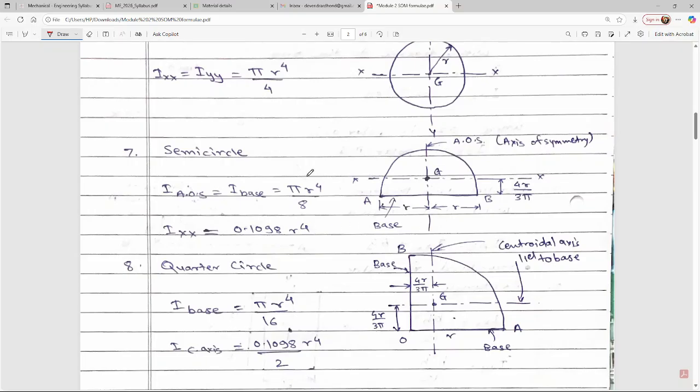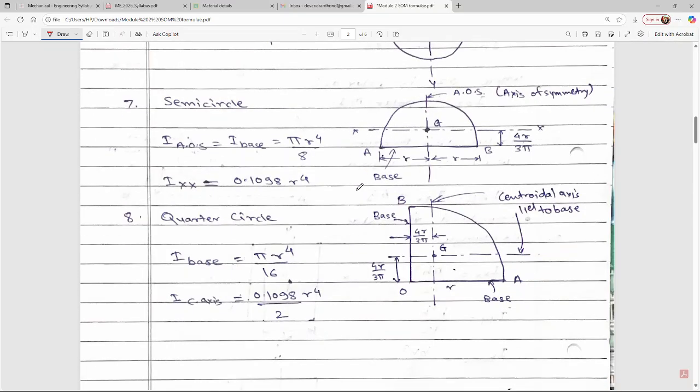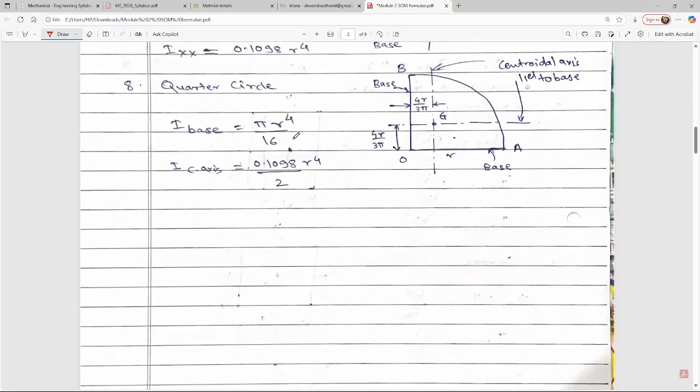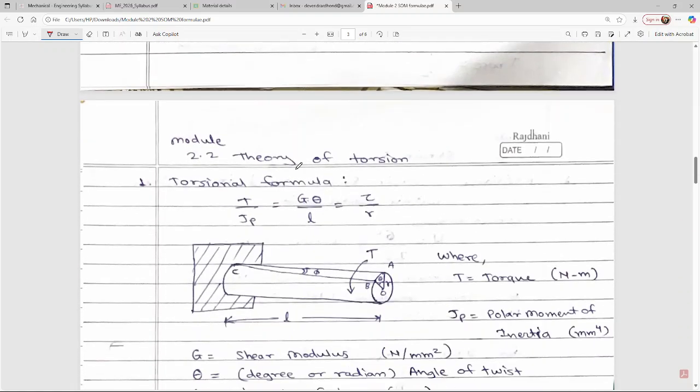And the semicircle will be pi r raised to 4 by 8. Okay, simply pi by 8. Then IXX, then quarter circle pi r raised to 4 by 16. Okay, next in that module